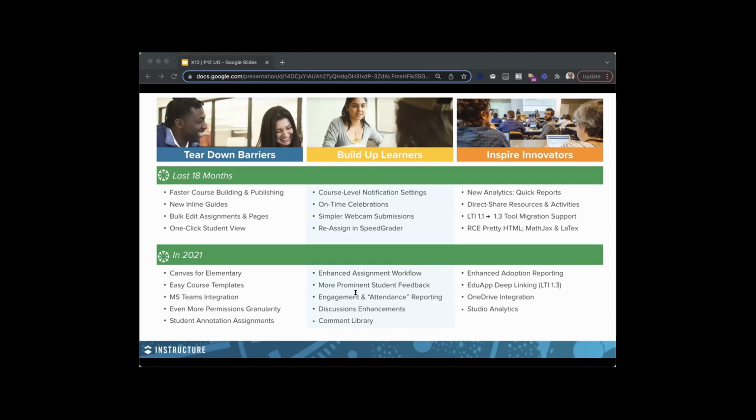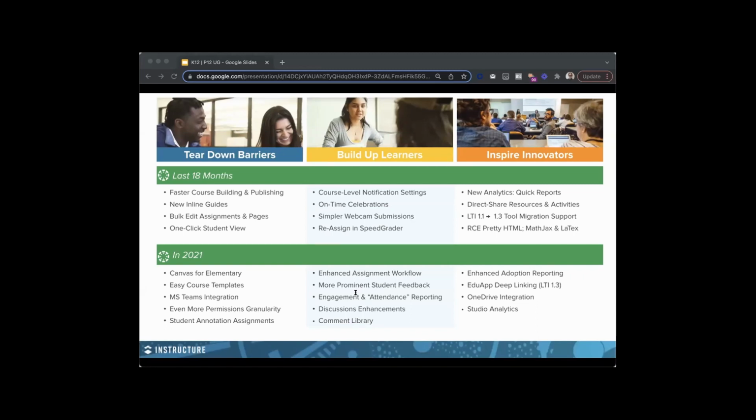And the third pillar there, the vision that Canvas should inspire innovators. And sometimes when we talk to customers, they think, oh, this isn't relevant to me. It's only relevant to our really high level technologists or people that love to play around with the API. And that's definitely not the case. We really want to make sure that this is applicable to enabling all schools, departments, programs, to increase blended teaching and to really rethink what teaching and learning looks like in the world that we're in now, particularly since the pandemic. So they're the three key areas and some examples of those things that have happened across the last year